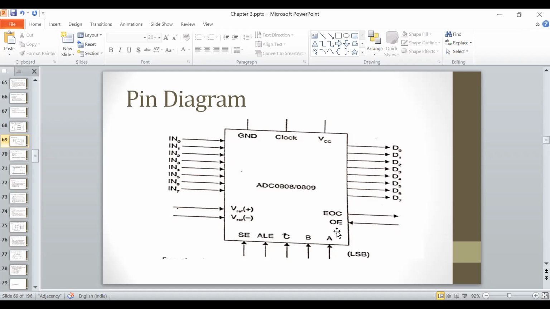Okay, and the next one, OE, is basically your output enable. It means once your ADC converts the analog input into the digital output, it puts the data on the data line. So that data which your ADC will put on the data line will be read by the 8051 microcontroller only when this signal is activated. तो 8051 माइक्रोकंट्रोलर जो डेटा आपका डेटा लाइंस पे होगा, उसको तभी रीड कर पाएगा जब आउटपुट इनेबल सिग्नल एक्टिवेटेड होगा।